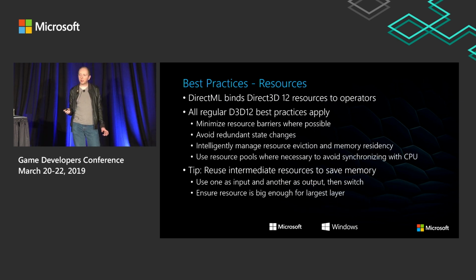So because DirectML is built on D3D12, it uses regular D3D12 resources, as Adrian went into. This means all of the regular D3D12 best practices apply, things like minimizing resource barriers and avoiding redundant state changes. One particular tip I'd offer, though, is if you have a model with, say, a long linear series of layers, you can reuse some of your intermediate resources. You might have two resources and essentially ping-pong your data back and forth between them. You'd use one as input to a layer, one as output, and then just swap the role for each layer